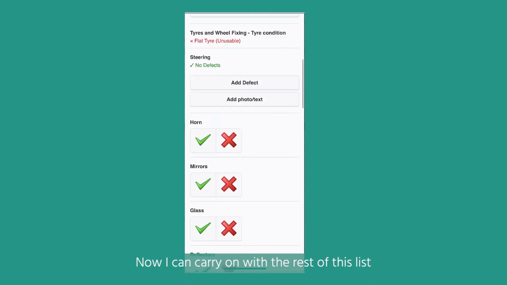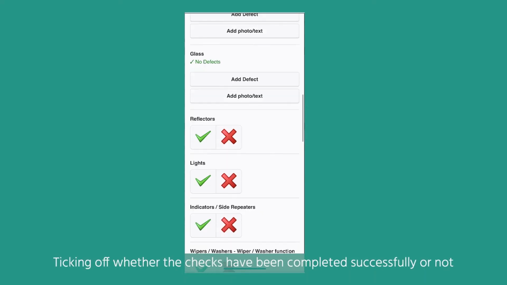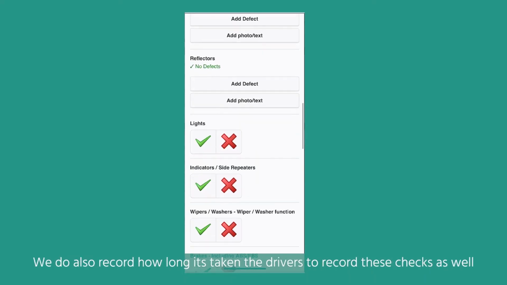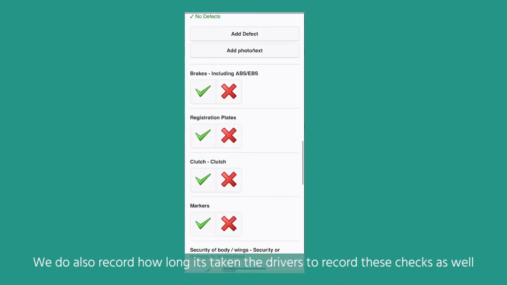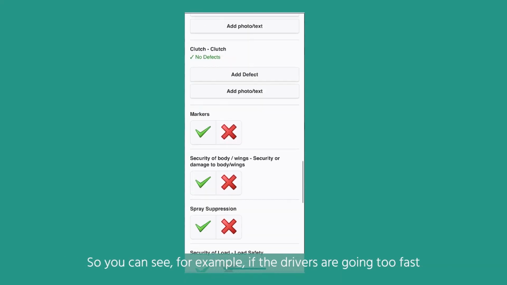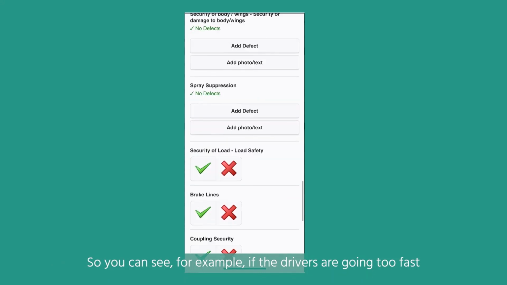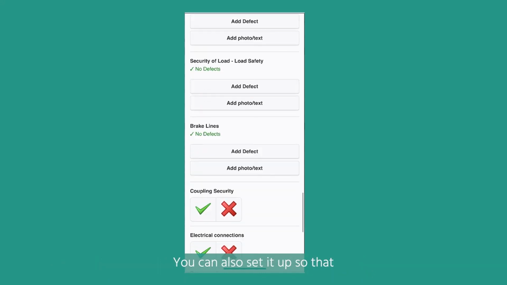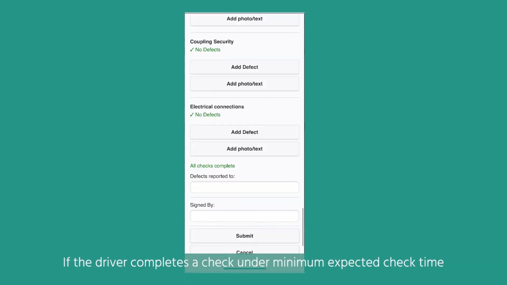And now I can carry on with the rest of this list, ticking off whether the checks have been completed successfully or not. We do also record how long it's taking the drivers to record these checks as well. So you can see, for example, if the drivers are going too fast, maybe not paying as much attention as they should be. You can also set it up so that if a driver completes a check under the minimum expected check time, for this vehicle it's 5 minutes, for example, I'll get notified within Stream and also get email